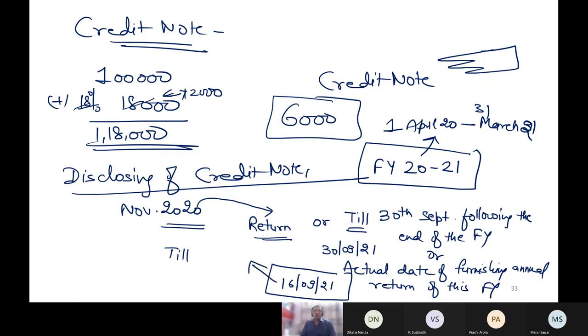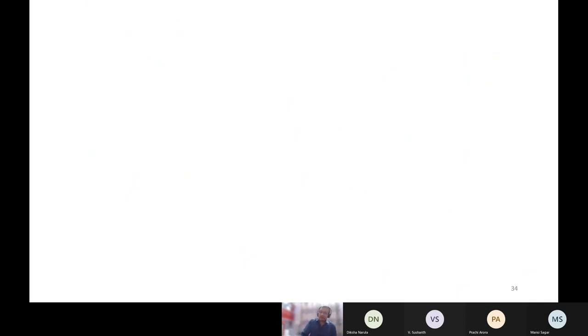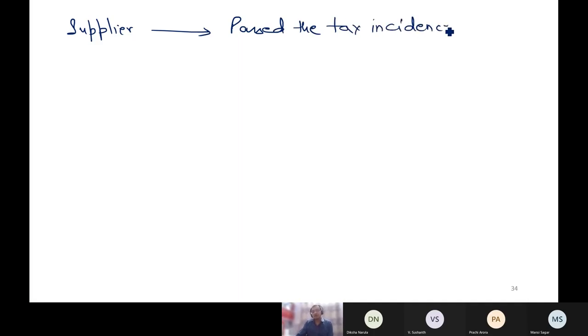If I don't show it to the government till this date, then I cannot show this credit note later. Then I have to pay the higher tax, in spite of it being wrongly claimed. This is what disclosing of credit note is. And government says one thing to the supplier: in case you have passed this incidence, the tax incidence, to another person,